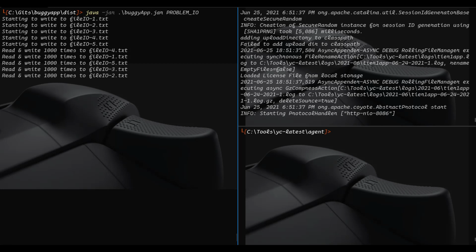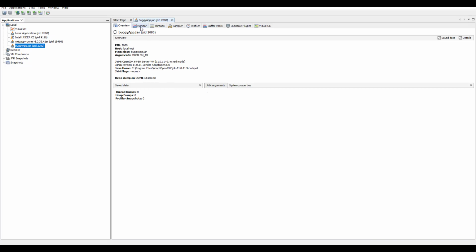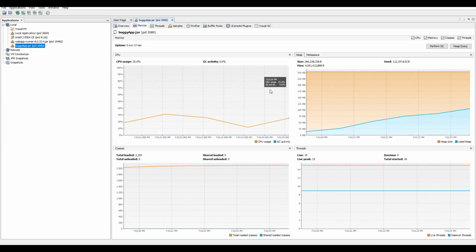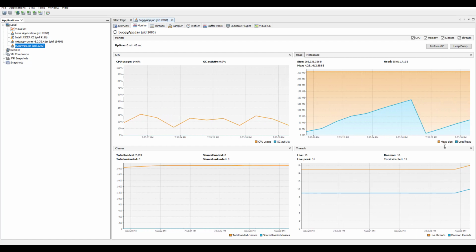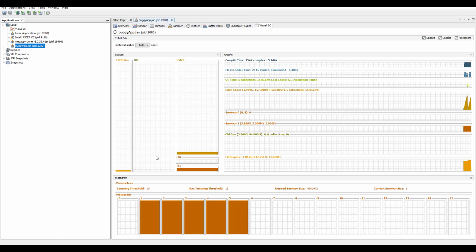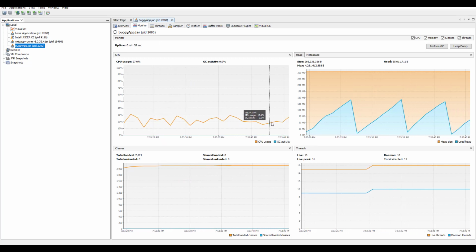Now let us launch Visual VM to see what's going on in the backend. Just launch the buggyapp.jar and let us monitor the critical aspects. First, let us monitor the threads, heap space, meta space, and also the Visual GC. The first step is monitoring the CPU, heap, and other stuff. Here, if you see the heap space, it's going up and down, and if you go to the Visual GC, you can see the old gen is not being used at all, but there is a young generation, and that is fine. Also if you go to the monitor, you can see the number of threads running and classes, and the CPU is around 30%.